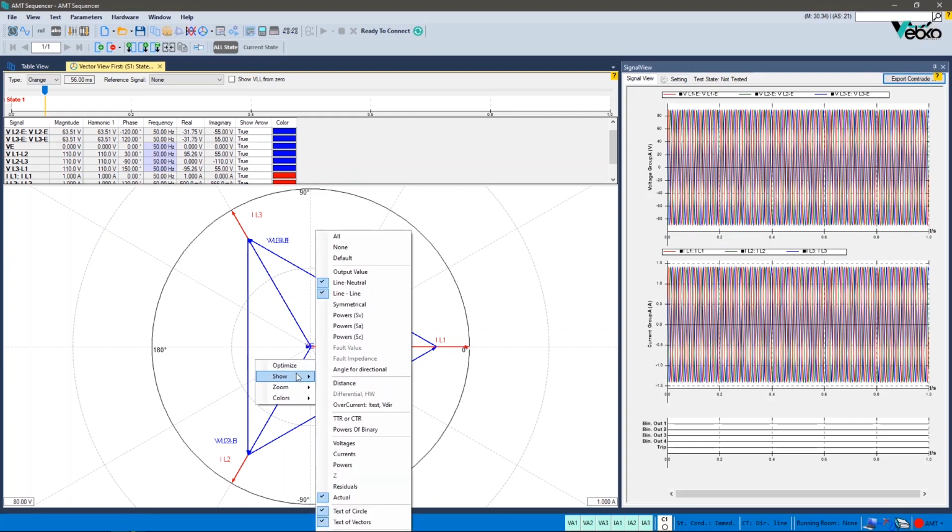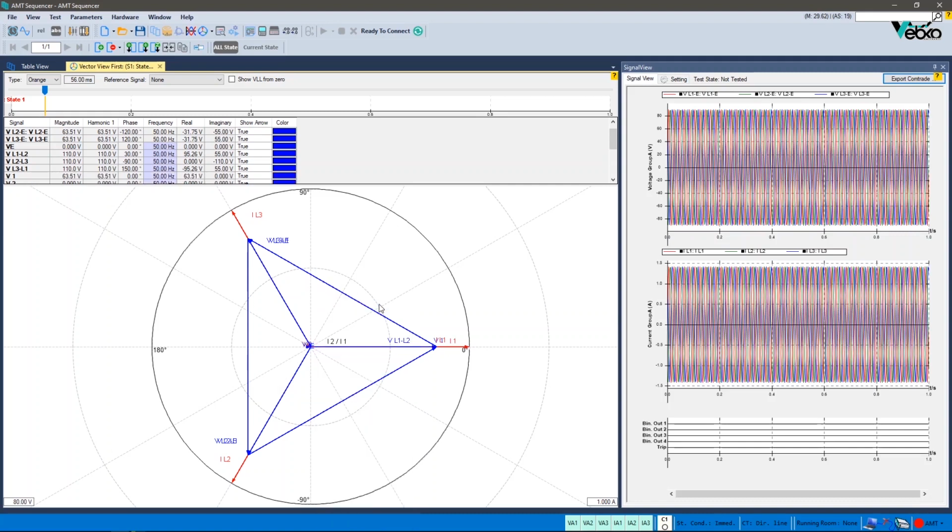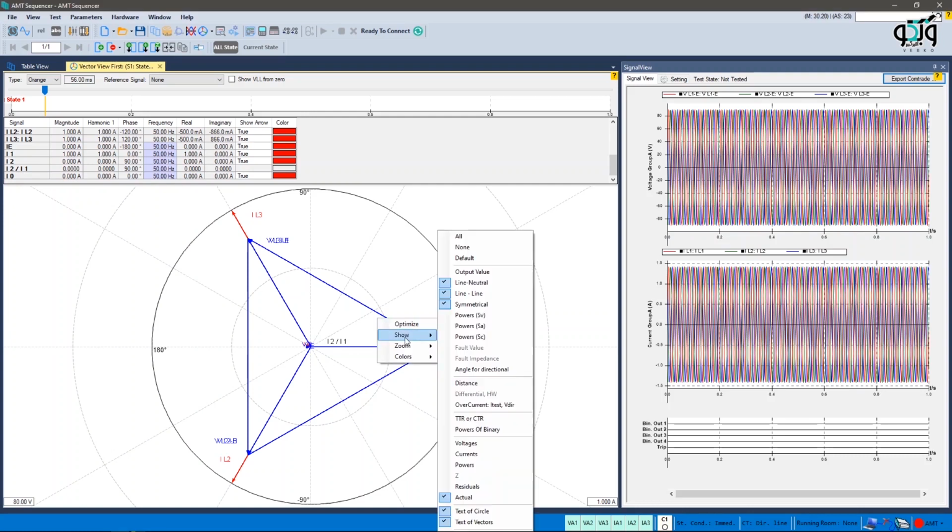If you wish to see the symmetrical current and voltages, select the Symmetrical option, and by doing so you can see that the values of voltage and zero, negative and positive sequence flows and the vector view are displayed in the below table. By selecting any of the Power SV, Power SA and Power SC options, the value of power is calculated in accordance with the current and voltage of the test as well as different calculation methods and then displayed